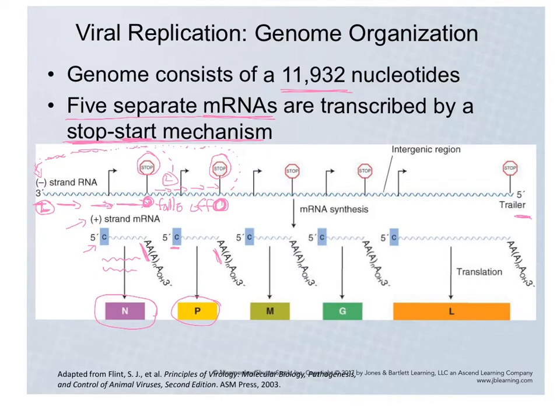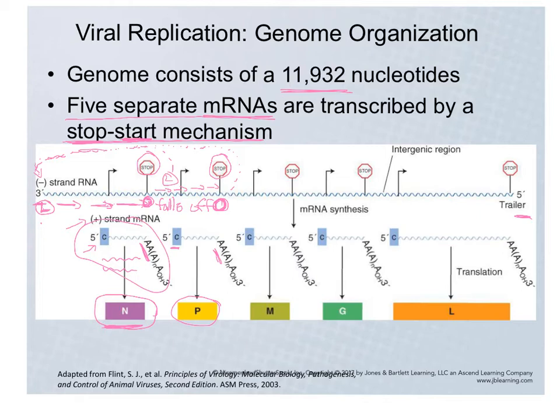Every time the polymerase gets to this stop region, the poly-A tail is added to the transcript that is being produced, but it oftentimes will fall off. And if it falls off, it has to go back to the beginning and start all over again. What that means is, for all of the members of the Mononegavirales order, their genomic organization is the same. That is, the N protein is the first gene